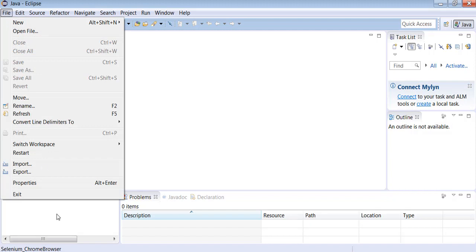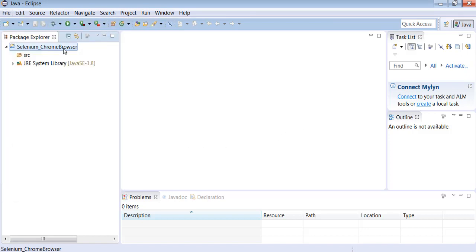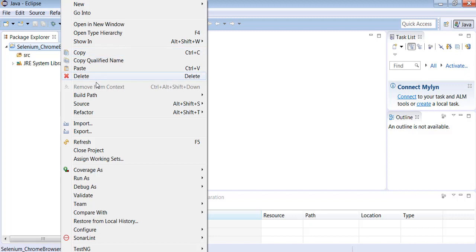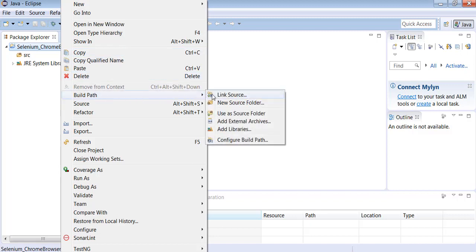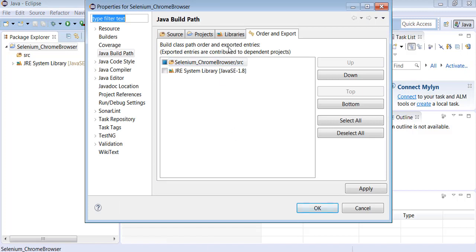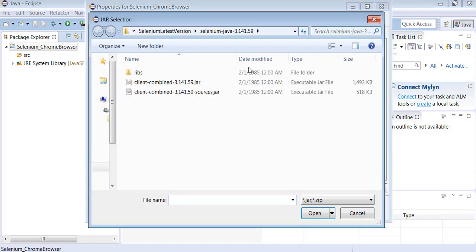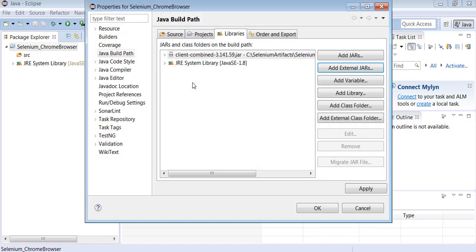Okay, I think I should try the same steps again. Somehow I clicked on Cancel. Let me try to add again. What we do: right click on the project, select Build Path, Configure Build Path, click on Libraries, Add External JARs, select the jar file available in the location, click on it, and click on the Apply button.